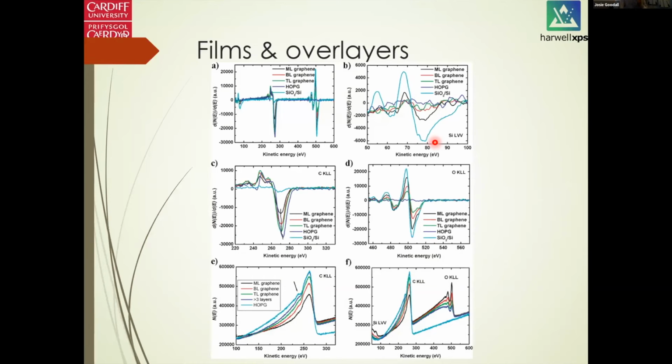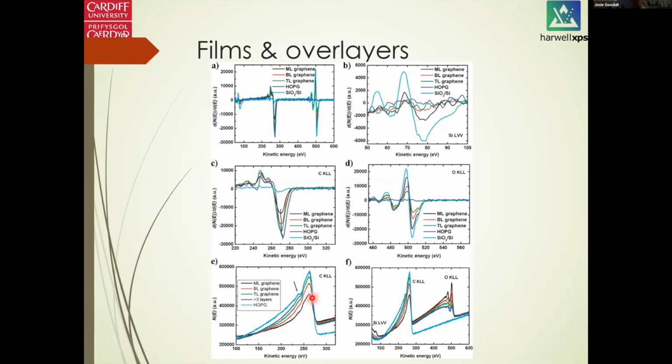So this technique is very useful, and it helps us understand the thin films and the overlayers for certain materials. For example, here is the Auger spectrum using the electron gun source. And these two are the original spectrum. The different layers of graphene are deposited on the silica wafer surface. And we can see that